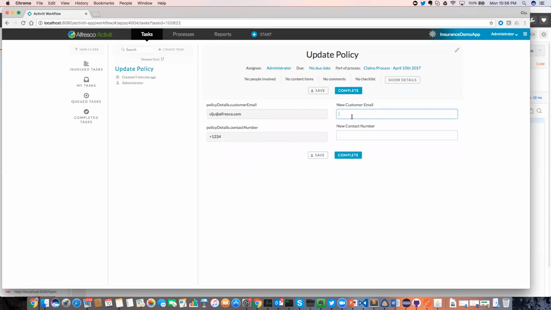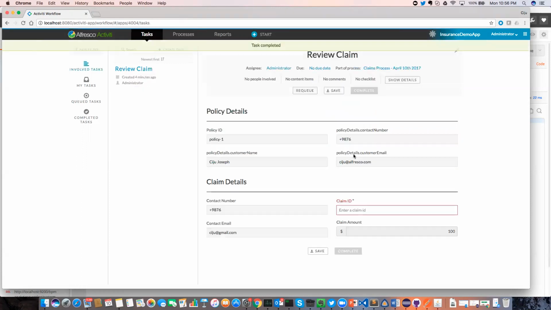So in this case, I'm going to retain my email ID as alfresco.com. I don't want to change that. I might use the Gmail for claims processing, but for any policy related updates, I might use alfresco.com. But my contact number has changed. So I want to update the policy with my right contact details. It is plus 9876. Let me complete it. Now that I've completed,